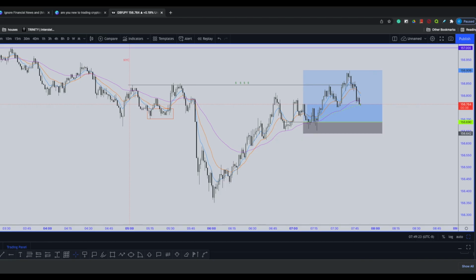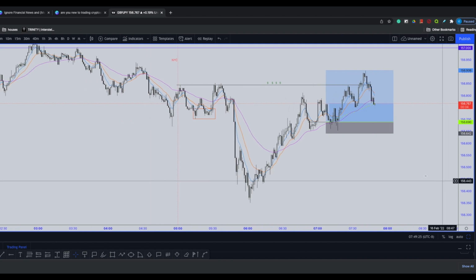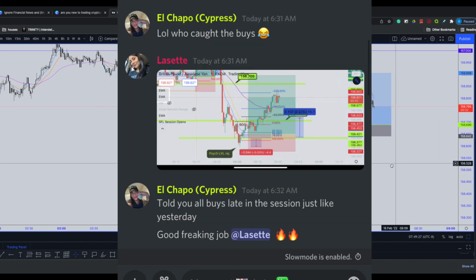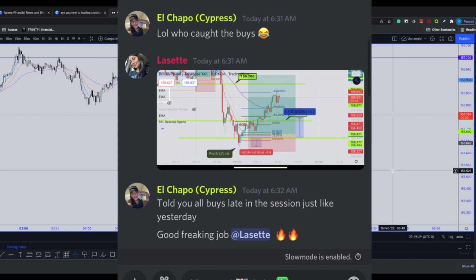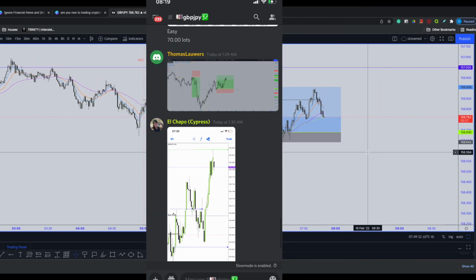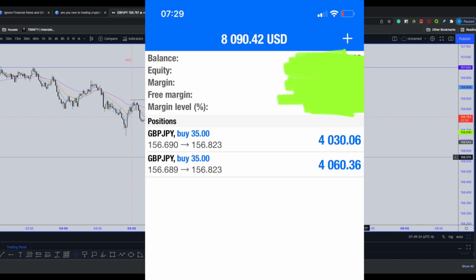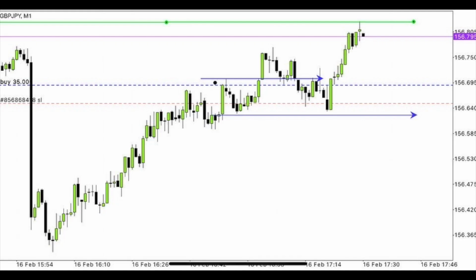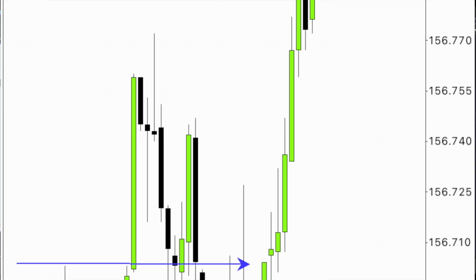Before we get started, I'm just going to show you guys the screenshot proof in the Discord chat from all the trade entries that we placed and my screenshots as well. I'm also going to show you a screenshot of my MT4 entry. I traded with 70 lots this morning, was a nice $8,000 profit on my end. And so I entered here at